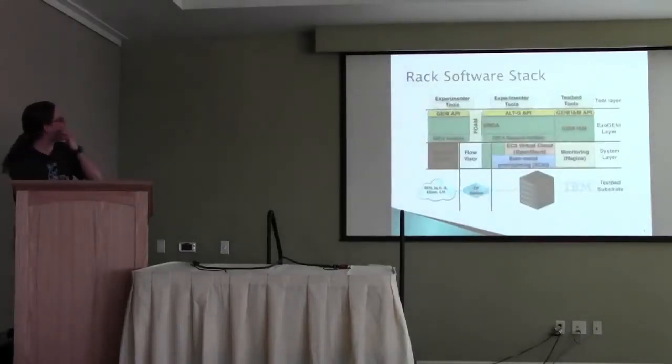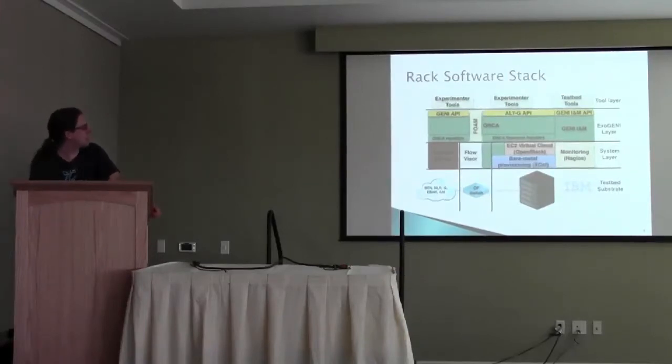The software stack is as follows. Basically, we've got the substrate, which is comprised of the rack, as stated, dynamic circuit frameworks, and an OpenFlow switch that's built into the rack. And on top of that is a melange of xCAT for provisioning the bare metal, OpenStack for provisioning VMs, Nagios for handling the monitoring of the entire layer, FlowVisor for slicing the OpenFlow switch. And on top of that are the APIs we use to go ahead and provision portions of that substrate, that being the Orca API, the GENI AM API, and the FOAM API, which is also ideally